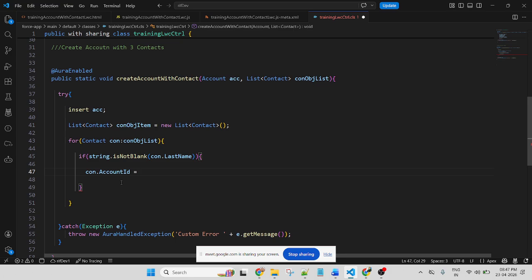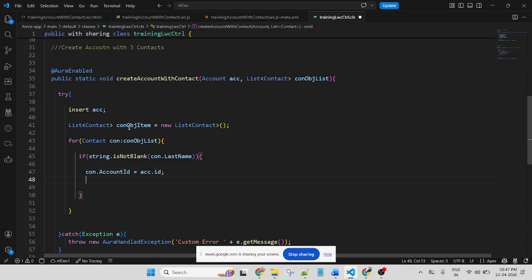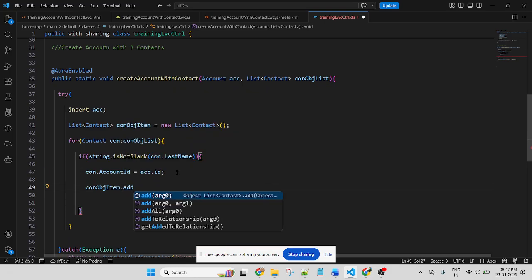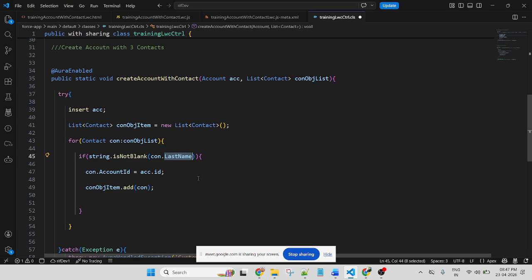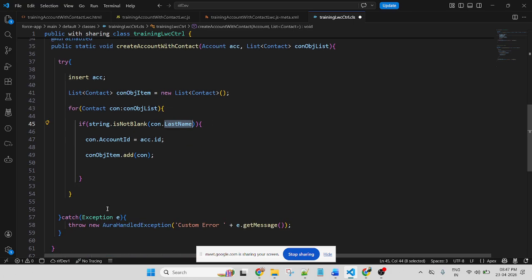Con dot account ID equal to the inserted account dot ID, and I am adding it in this list of contact. Add this one. So before inserting the record here, I am checking the last name is not blank.